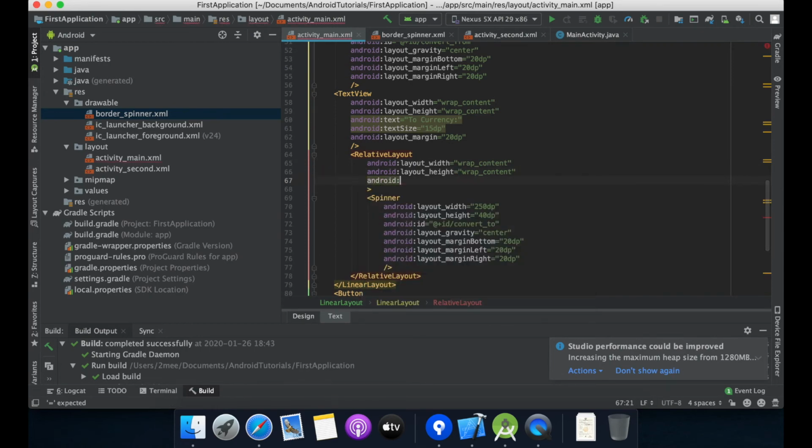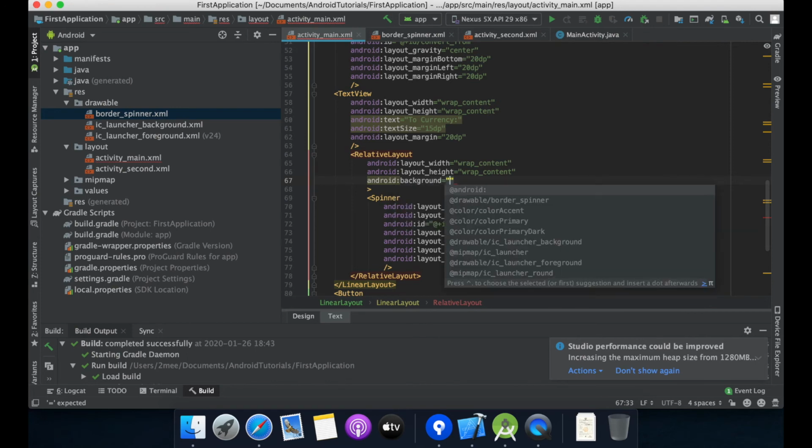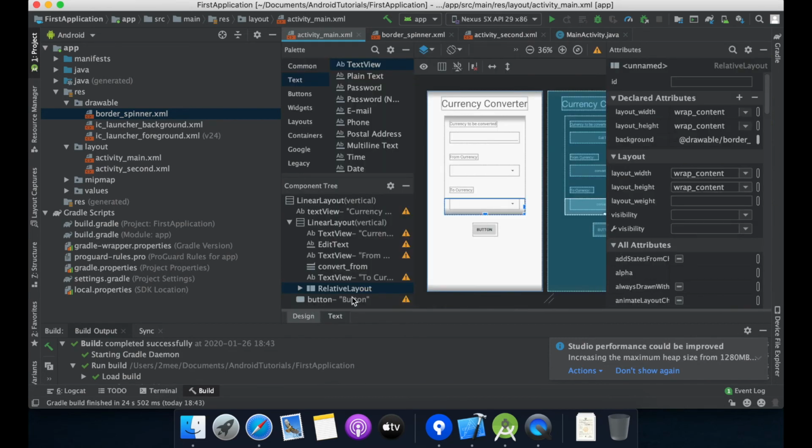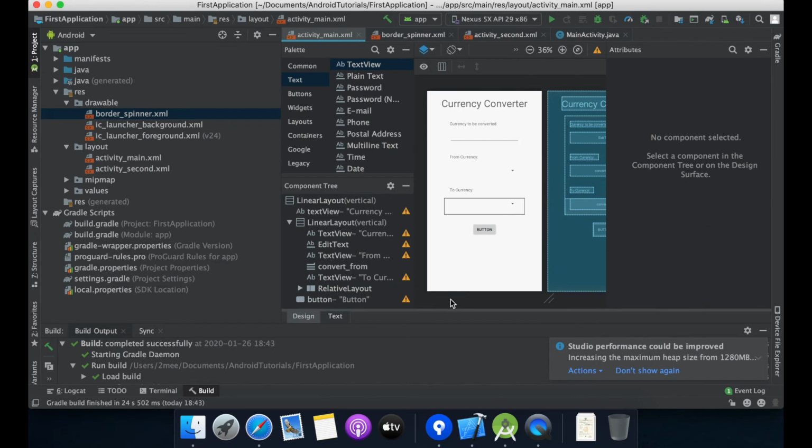So Android, we are going to use background because background is what is going to take in the border spinner here. So if you want to in future change anything or customize any of the elements, then you need to add it in the background. Okay, now if I remove this, as you can see, the border is there and the down arrow is there, but